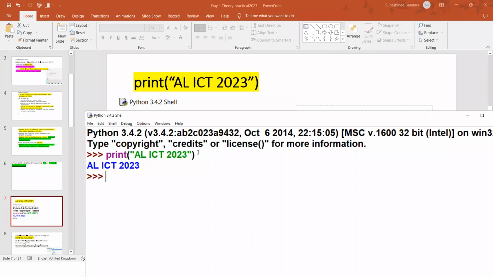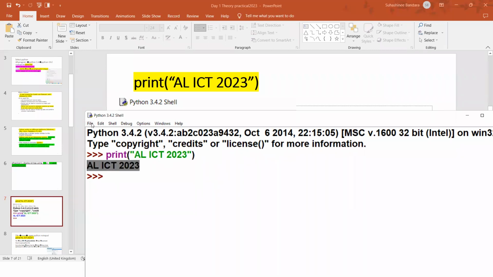Yes, it printed A-Level ICT 2023 as a result. This blue part is the result and this part is the coding. I did not type these greater than signs. They came automatically in the shell. Don't copy or write these three greater than signs in your coding. They come automatically, so the original code is only this part. When we execute this code, we will get the output like this.